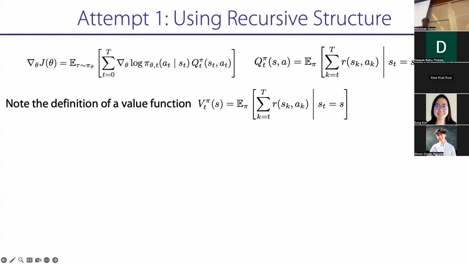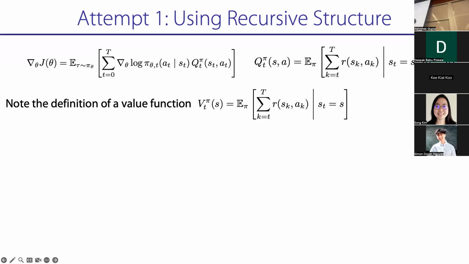Okay, so the first thing we're going to do is introduce a value function, right? A value function is just, there's no separate action that you take, right? It's saying that if I start at state S and run the policy, what is the average reward? That's it. It's simple, right? You're just saying, start at state S, run the policy, average a bunch of stuff. So that's the definition of a value function.